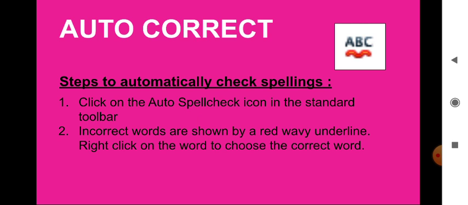Okay, you have to activate the auto spell check icon from the standard toolbar, and now you will find there incorrect words are shown by a red wavy underline. Okay, so whatever the incorrect word, you will find there a red wavy underline, and then choose a suggestion for the replacement word from the list or from the autocorrect submenu. So just right click on the word and choose the correct word. So that's very simple. That's how we use this option, that is autocorrect, in OpenOffice Writer.